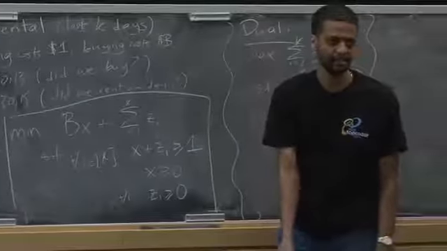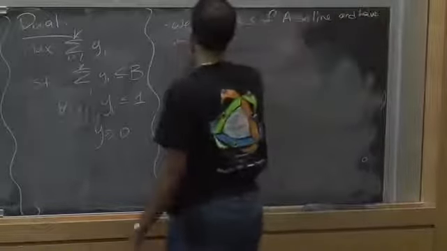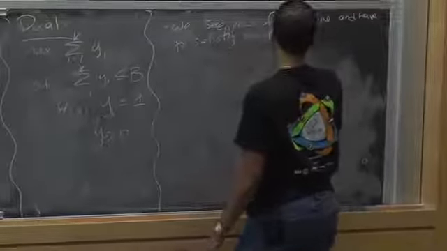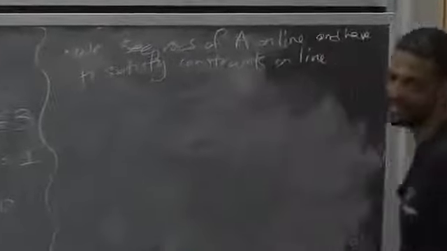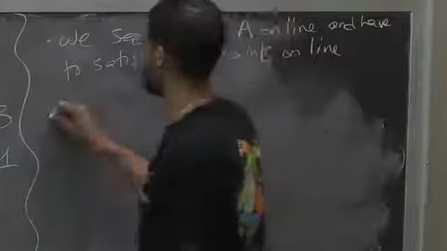So we see rows of A online, and have to satisfy constraints online. Now, what does that mean if you're allowed to change things arbitrarily? Because I could just resolve the LP at every step, right? There's a constraint, though, which is